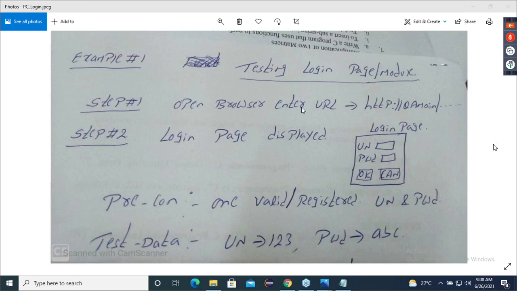Step number one, I'll open the browser, enter the URL. No, this is not a precondition because we are not creating it. You should always imagine like this. Next, login page is displayed. Login page is also not a precondition, whatever login page is required. This is also not a precondition.